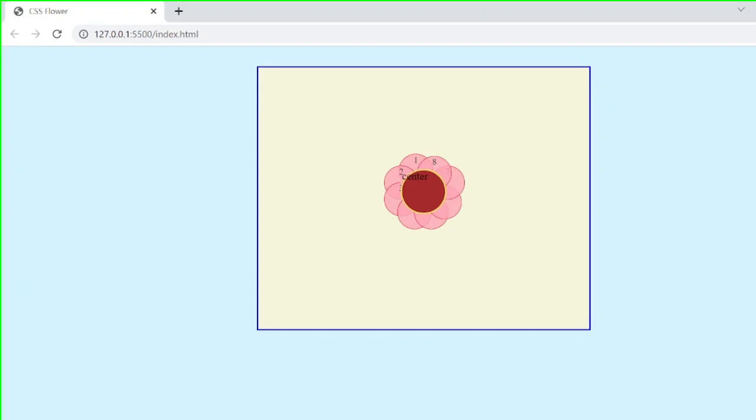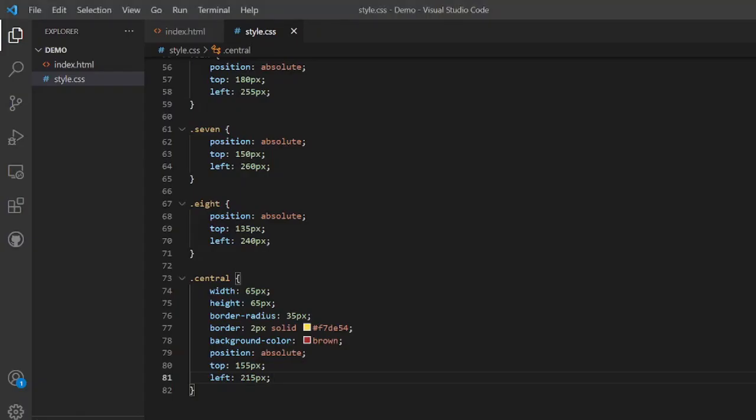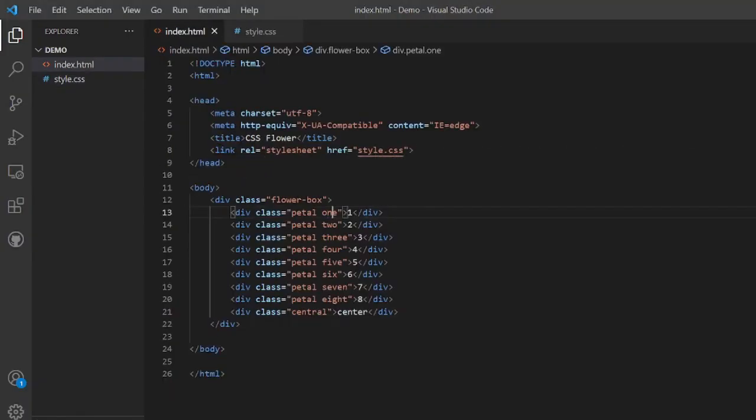Nice. Now let us remove all the wordings on these petals and the center as well. Moving on to our index.html, remove the wordings 2, 3, 7, 8, and finally the center.